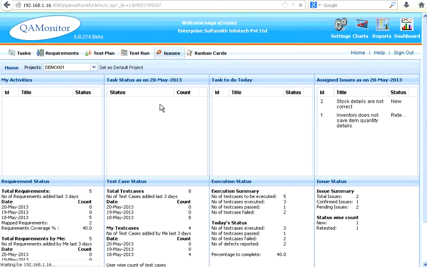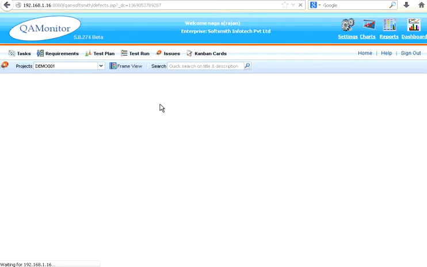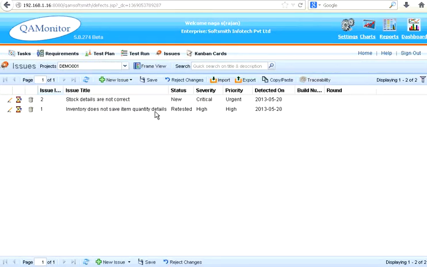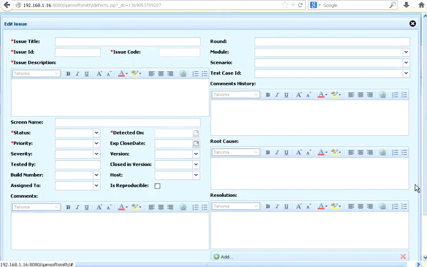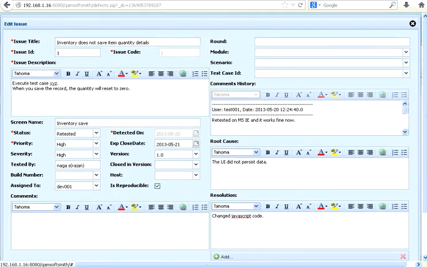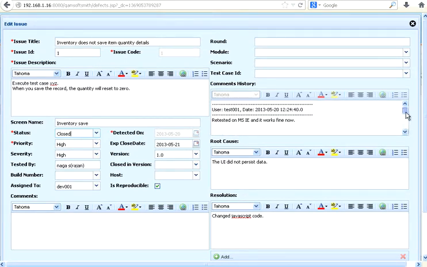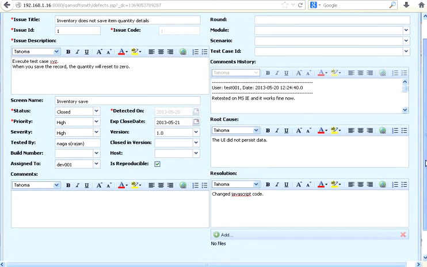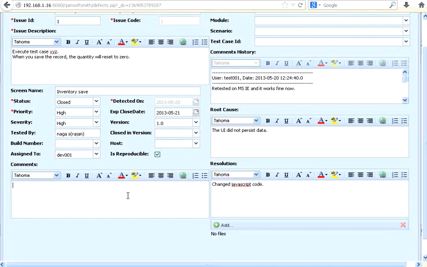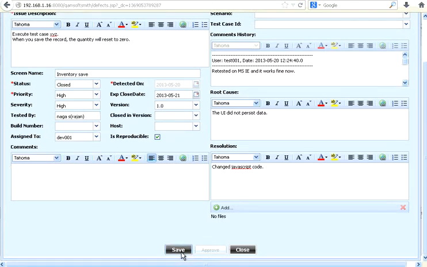Now the project manager enters this. In some projects, the project manager may be different from the test manager. In some cases it may be the same. Depending upon the role they play, they will have access rights to edit this information. The project manager changes this to closed. Now you could see all the comments history right here. If you want to go back in the timeline and see what is happening, this is fine. You can give a comment or not, then the project manager closes that.